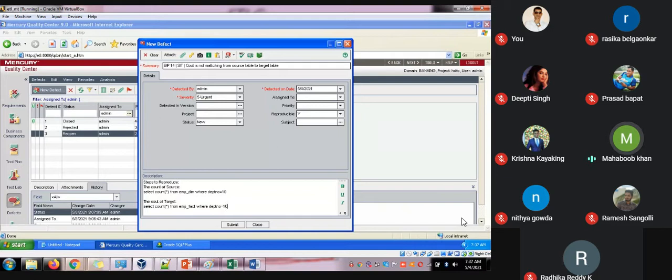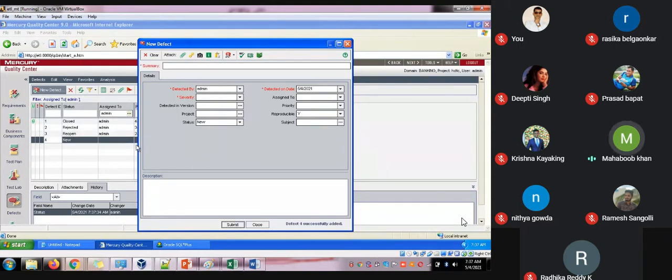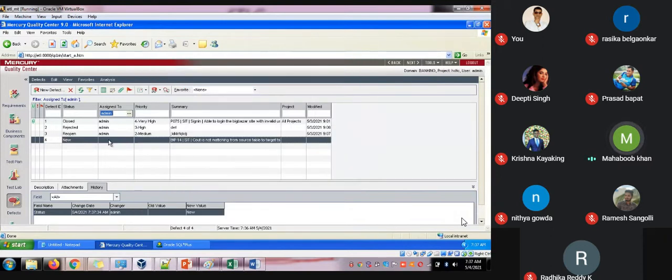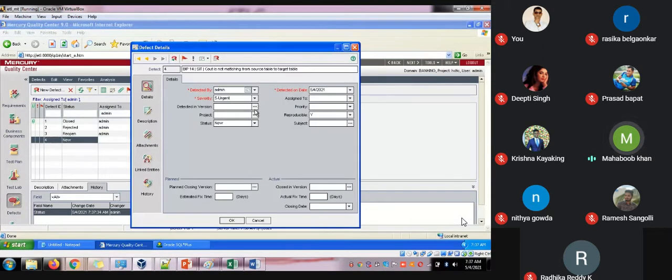So when you see these are the both counts, what is the actual result, expected result? Once you raise this defect in the status called new, it will go as an email notification to the developer. So what he will do, you will be assigning a couple of things here as well.